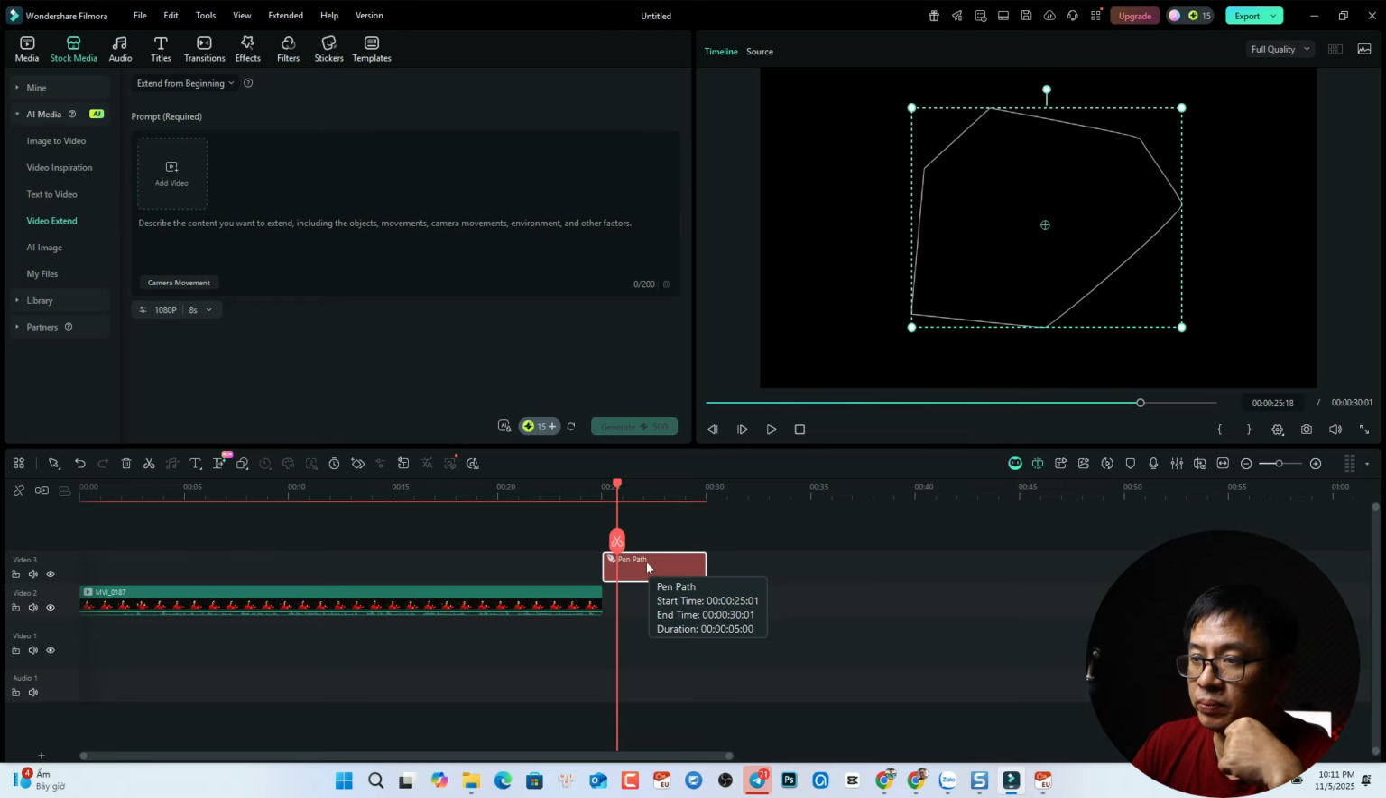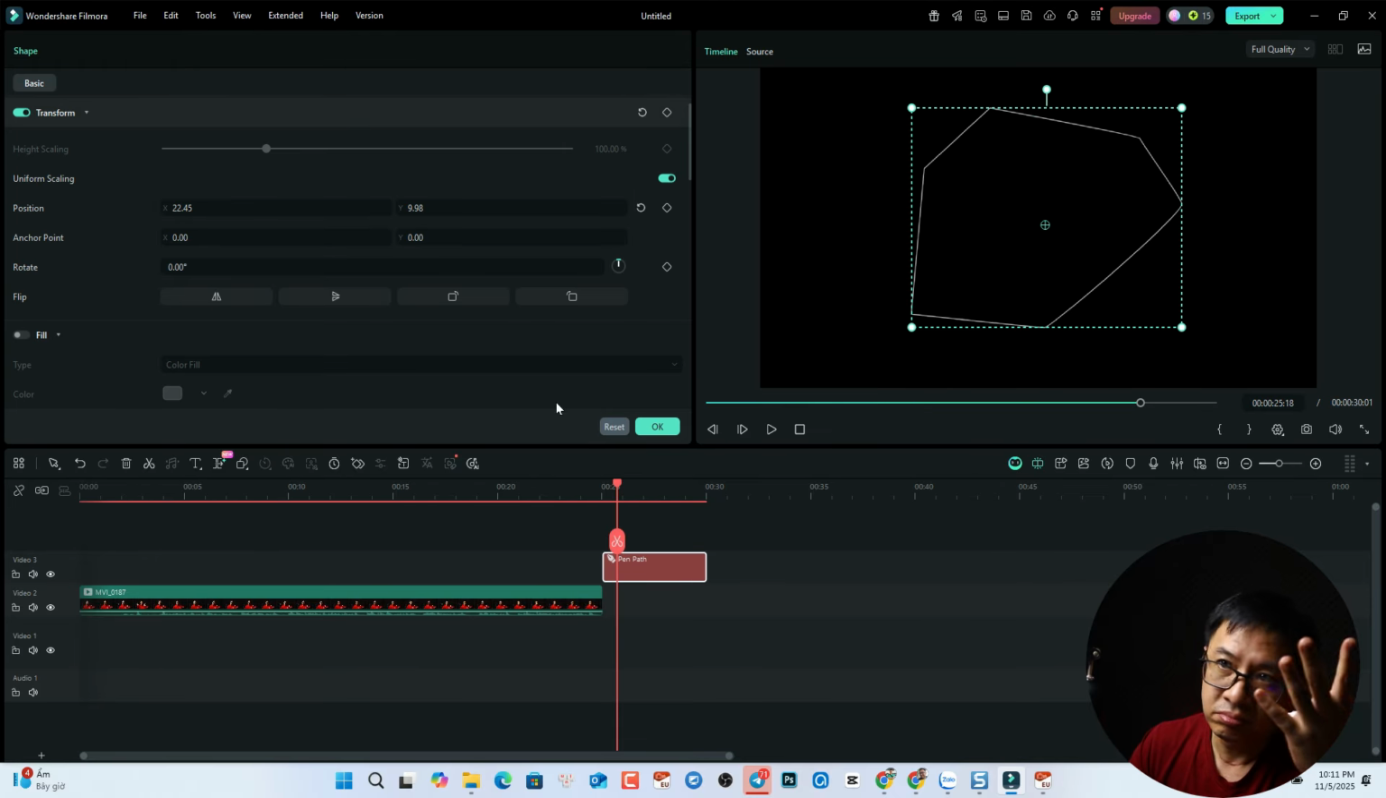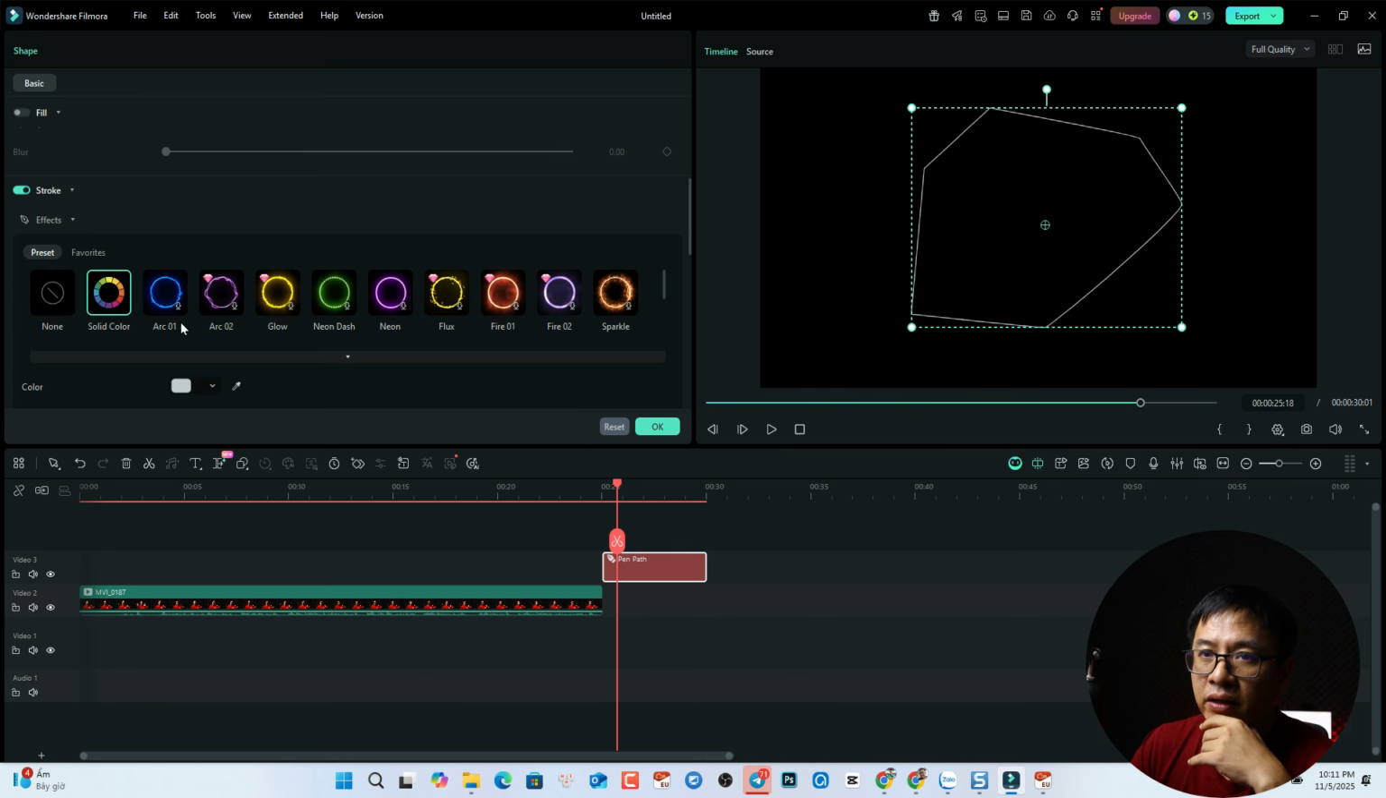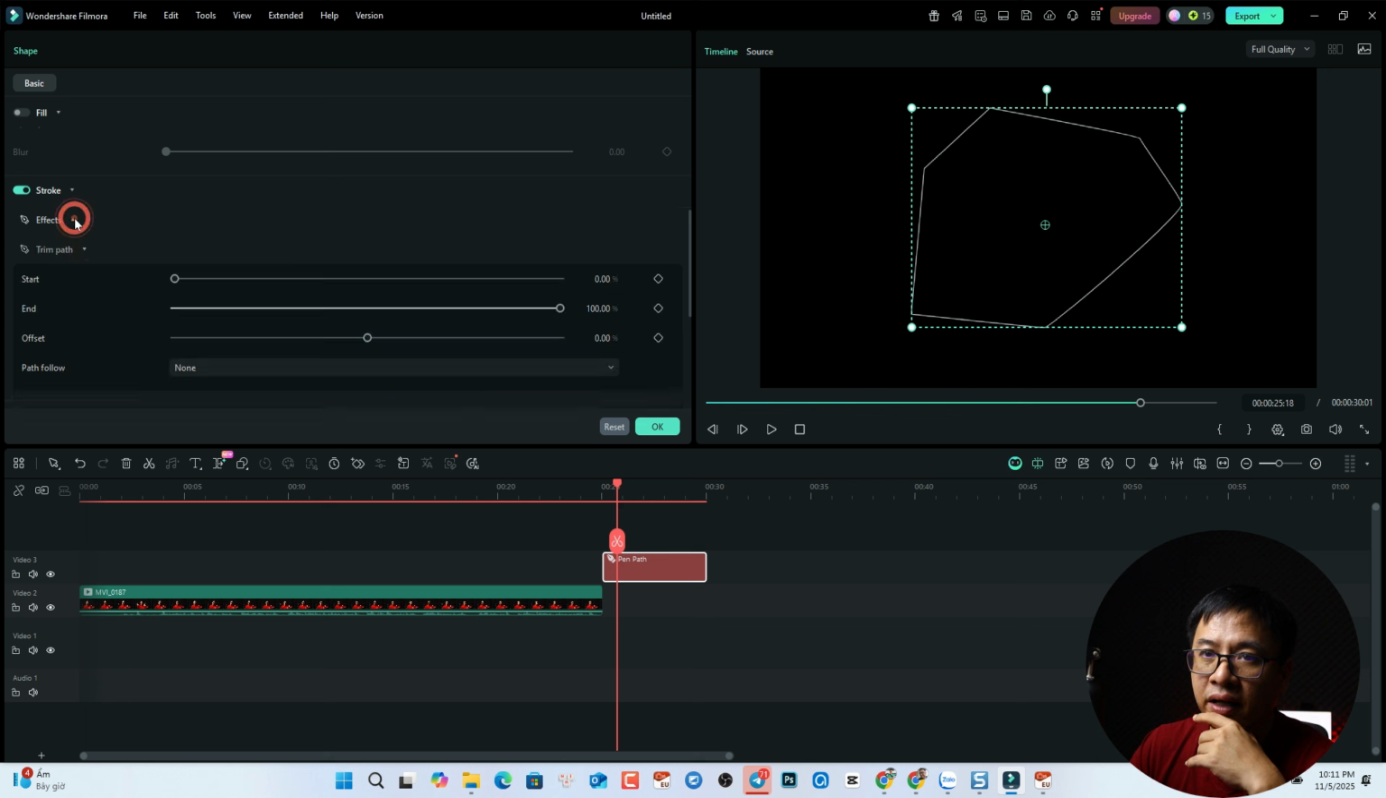And now in Filmora 15, when you double click at something, it is very complicated now. Okay, for the transform, we have uniform scaling, position, anchor point, and rotate and flip. And we have fill and stroke. So they offer some presets for the stroke here, and for the effect here, trim path, start and offset, path follow. I'm going to cry now because I know Filmora is very simple to use and it is good for beginners, and some advanced editors can use it to edit video, combine video to create a story. But now it just